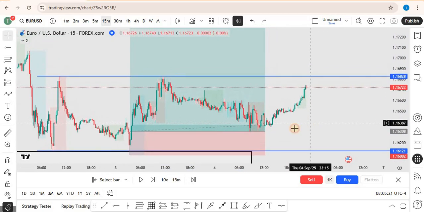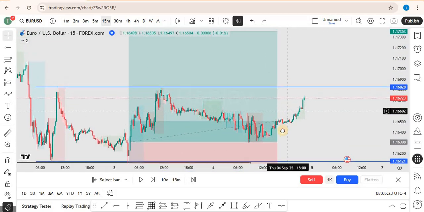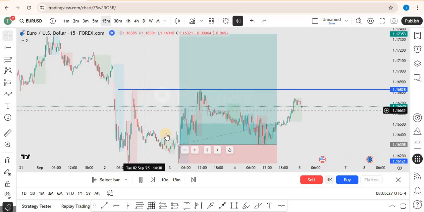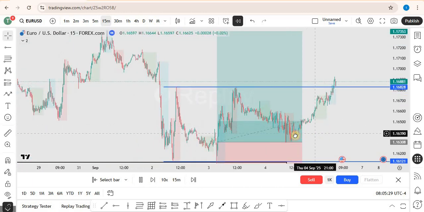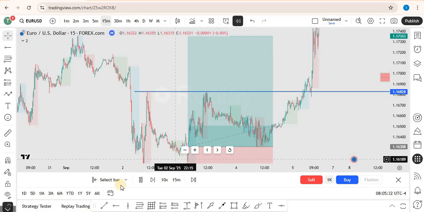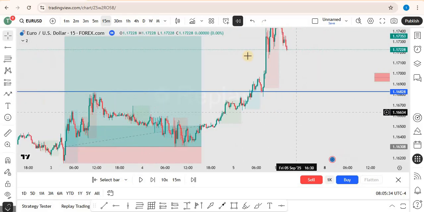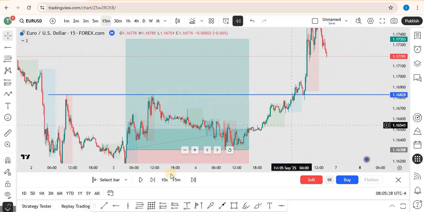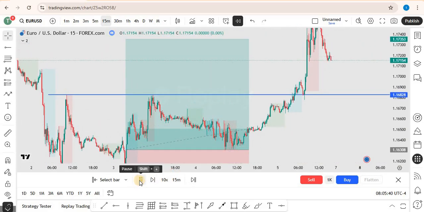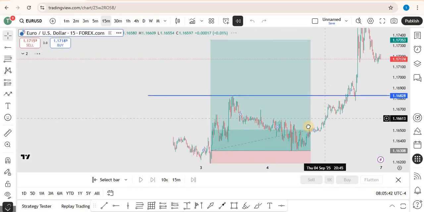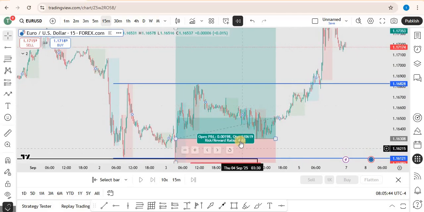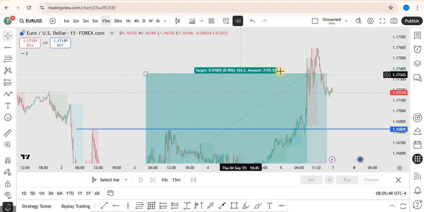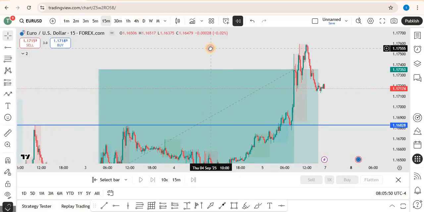Okay, and then you have to wait for your target. Hold it. As you can see here, it reaches all the way to the upside. Okay, so